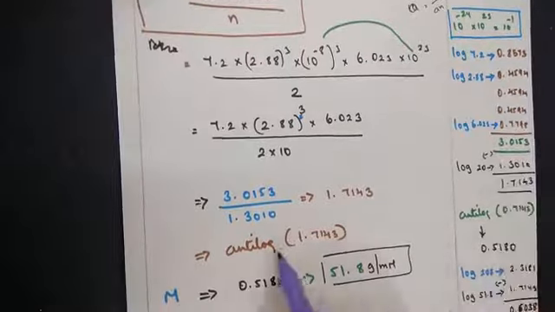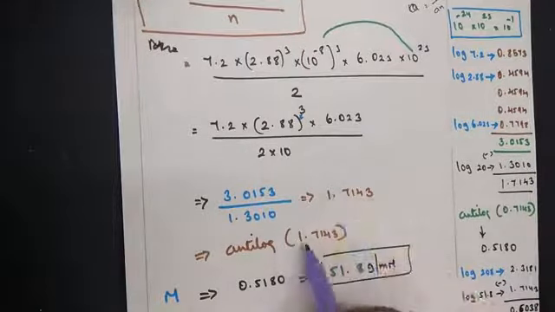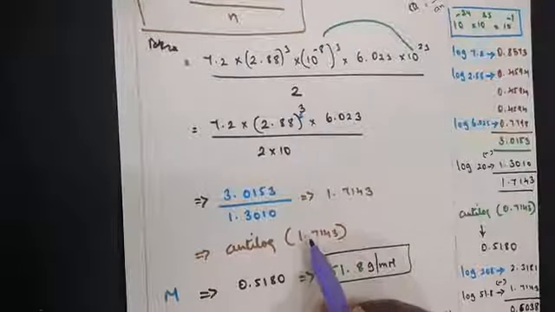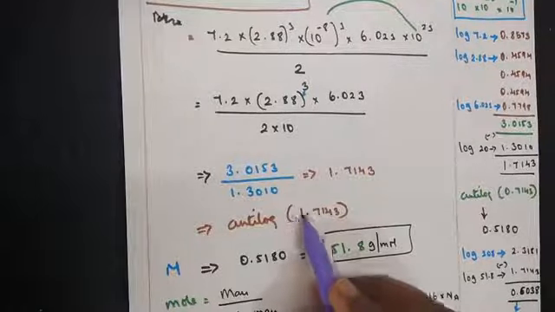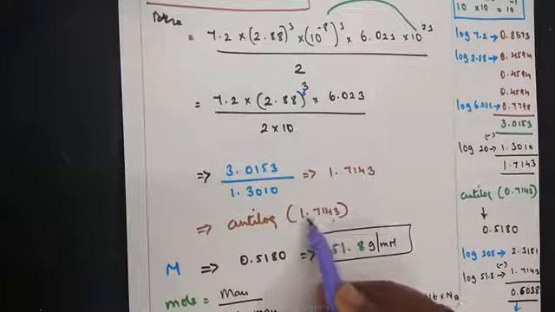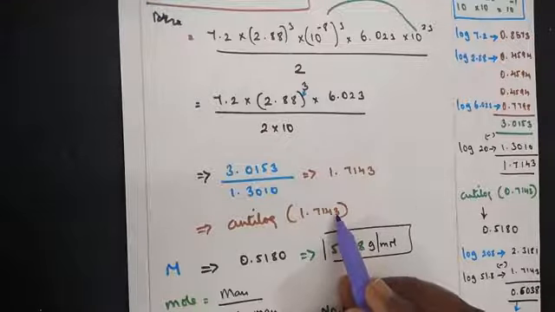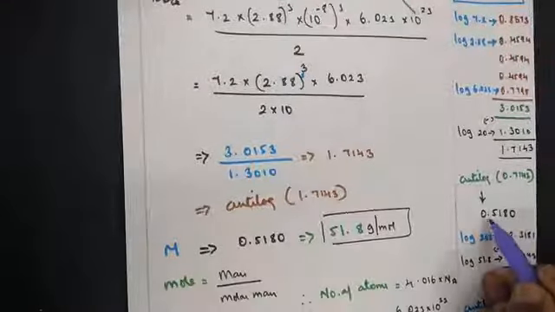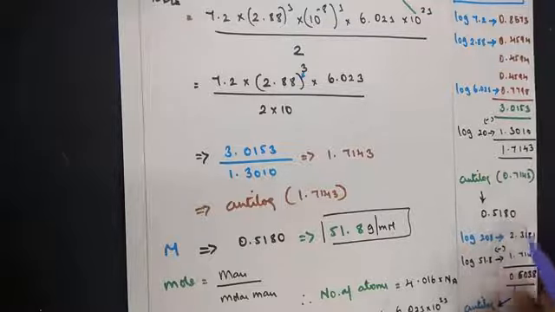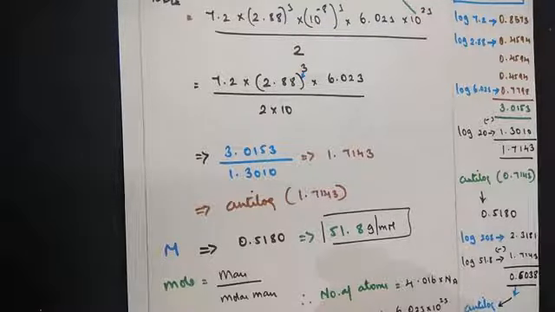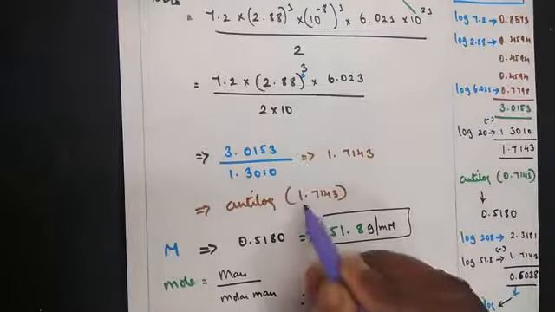Now for this answer, I need to calculate the anti-log. In anti-log, as we have told, forget about the part before the decimal point. Just look for 0.71 under the fourth column, mean difference of 3. So you get the answer 0.5180.